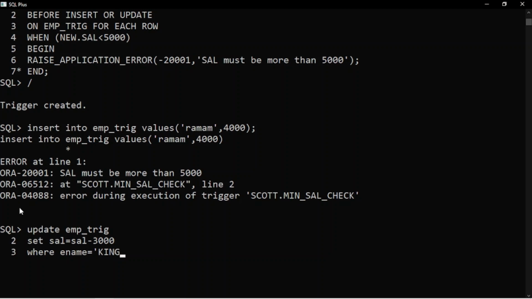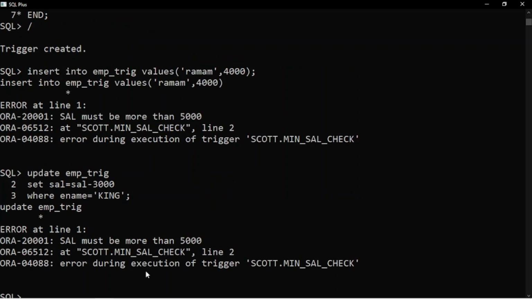Let's see what happens. Quotes close. Again it says that salary must be more than 5,000, means after the update the salary of King is going to be less than 5,000. That's why it is not allowing.